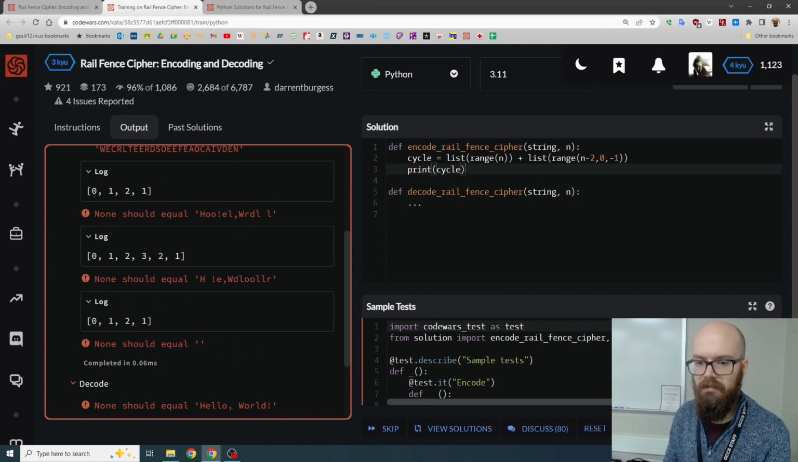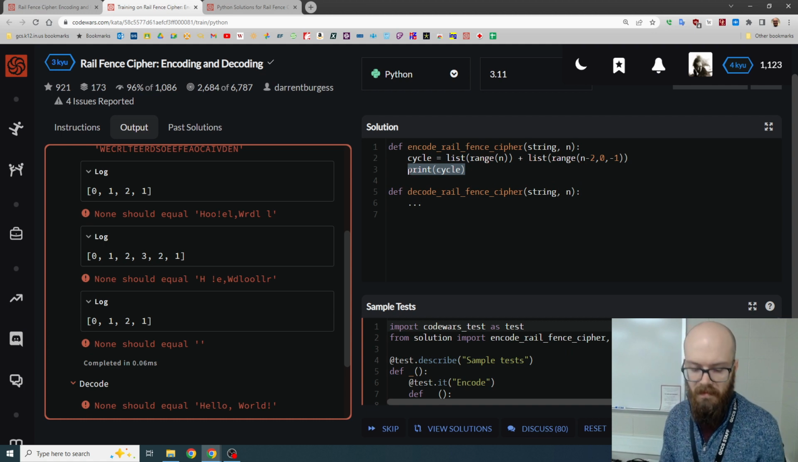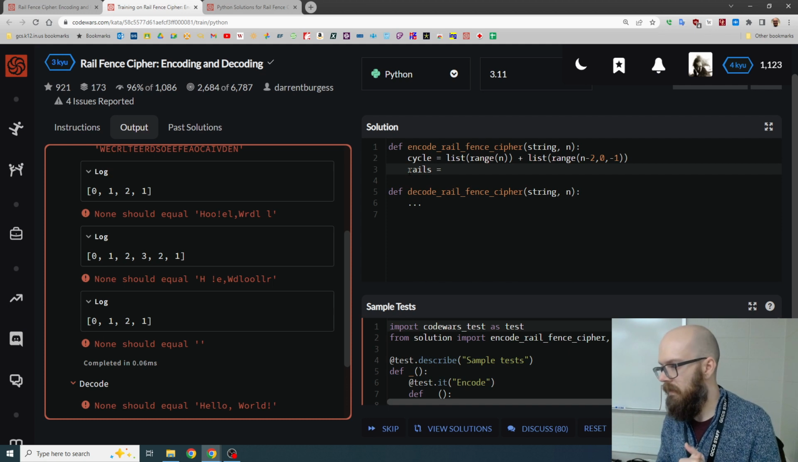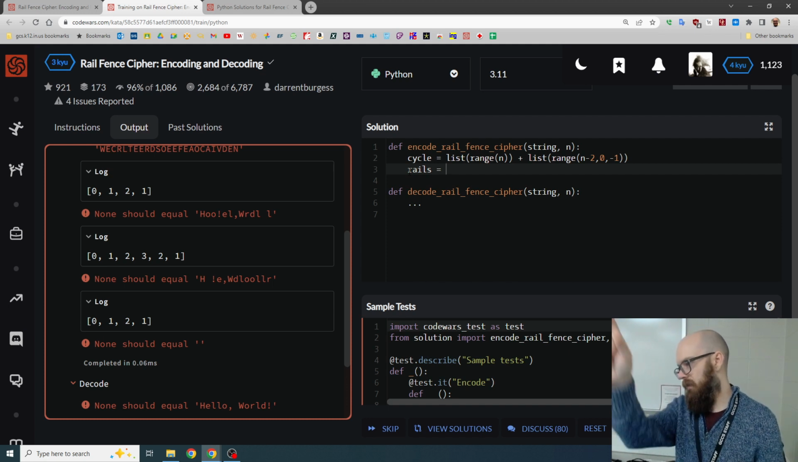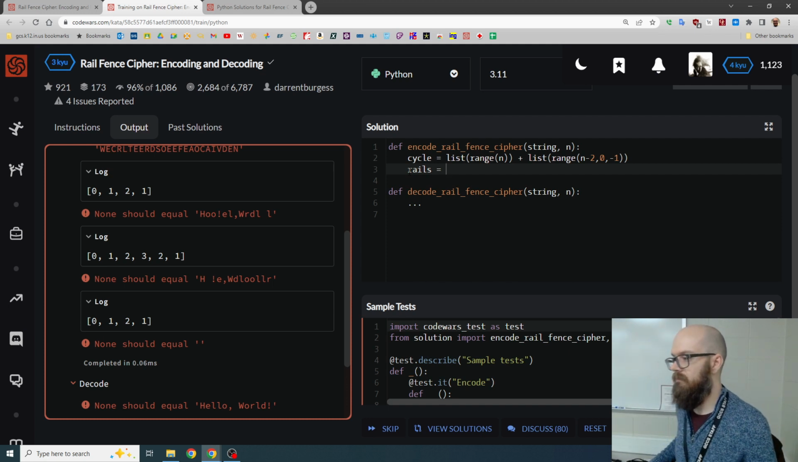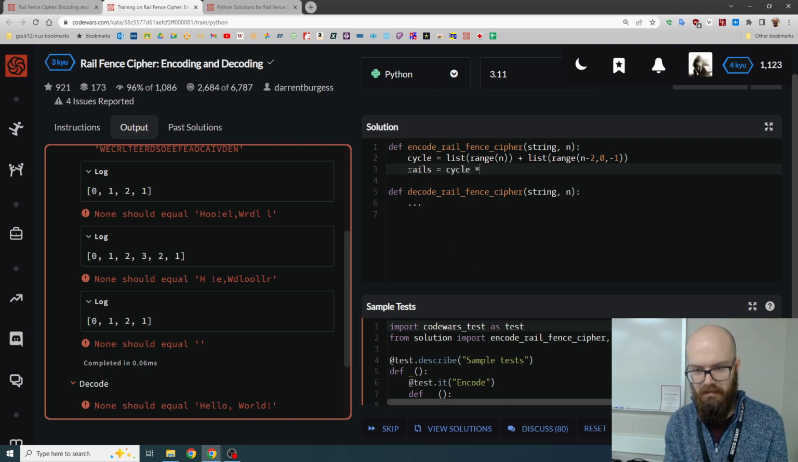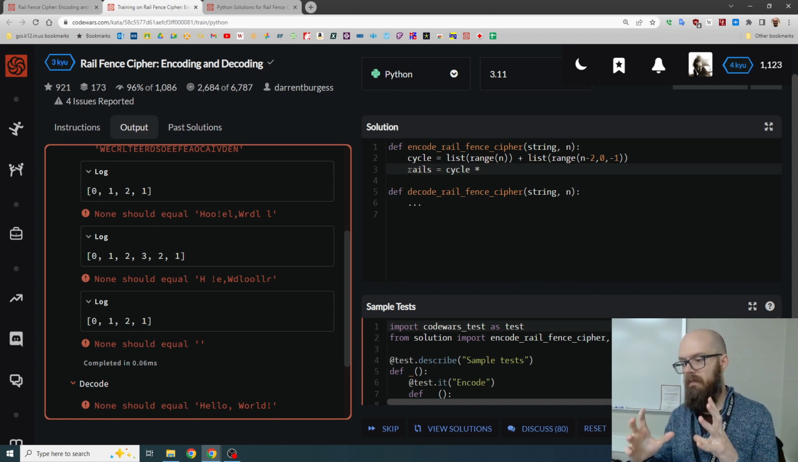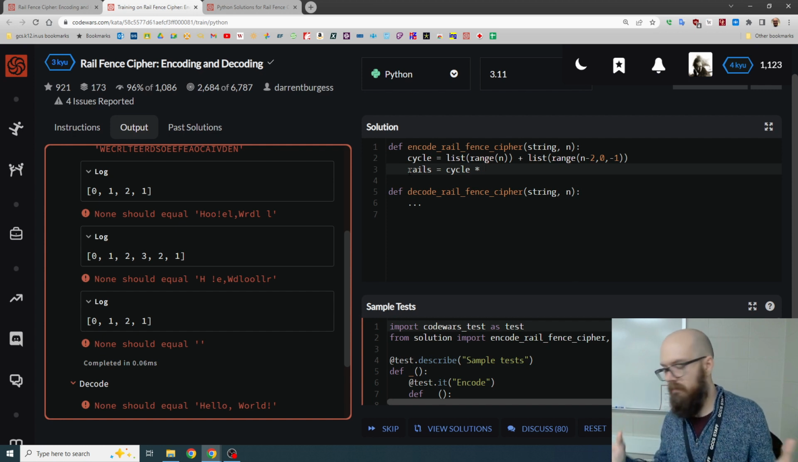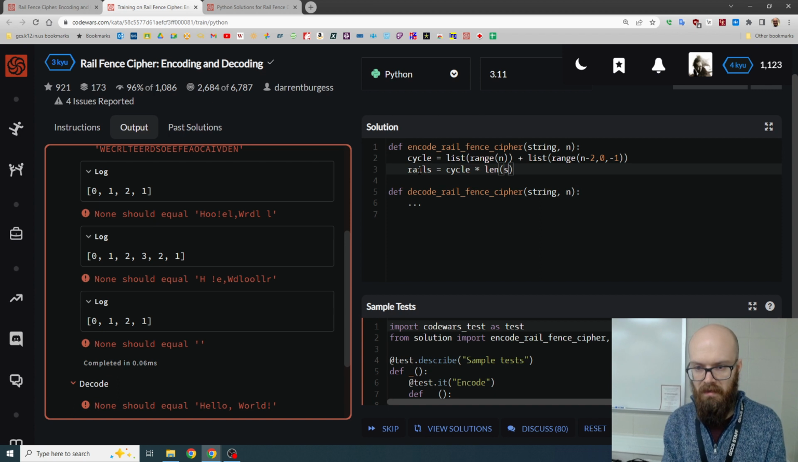And then we need to do a bunch of cycles to get through the whole message. So I'm going to call that rails because that's what the theme of the problem is. You can imagine actually putting this on a fence somewhere physically in front of you. So rails is cycle times however many we have. However many we have is like the length of the string divided by a cycle. If it's twice a cycle, we need 2 of them, right? So I'm going to go len of string